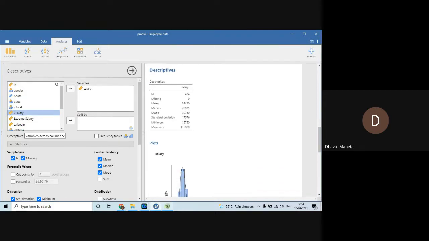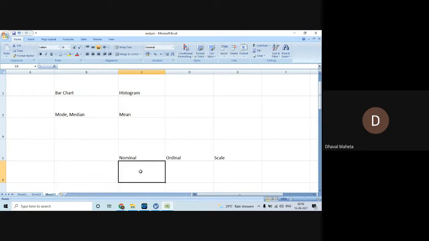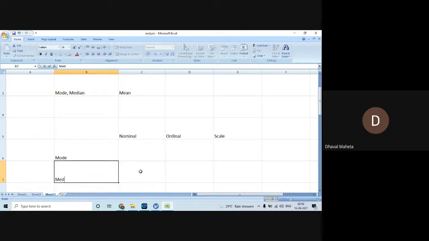Okay. Is there any ready reckoner to tell which type of analysis is to be done and when? Yes, it is available. Suppose you have nominal data, ordinal data, and scale data. And here I write mode, median, and mean.